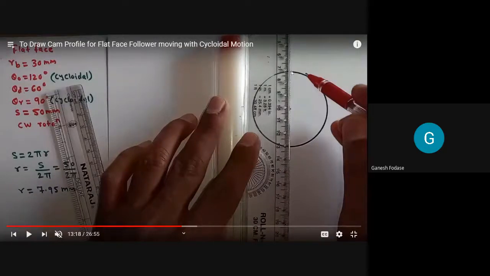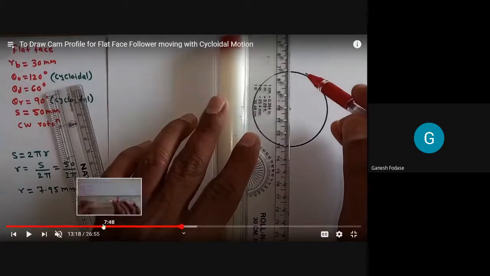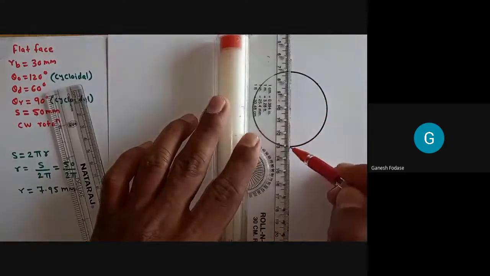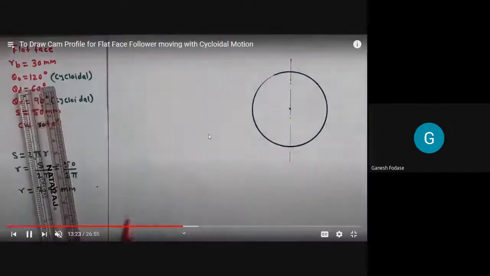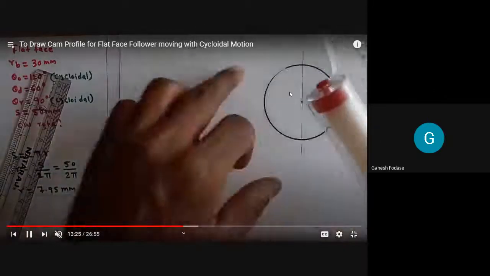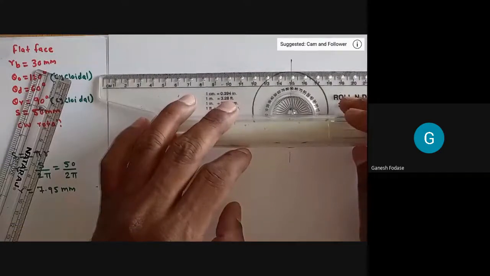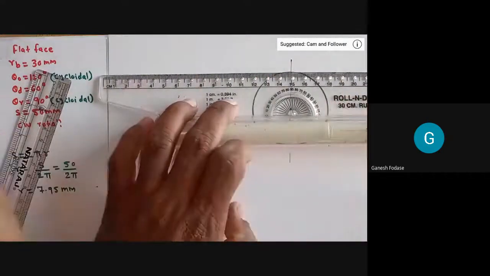Okay, so here I have to mark the first position of the follower, that is the 0 position, where the cam is stationary and the follower is at the base, in contact with the cam. So mark that first position and then go on marking the next parts, that is theta O, theta D, theta R, as per the procedure we discussed. So here you are marking the first position of the follower. As it is a radial follower, if it were offset, then we would need to draw an offset circle, but it is not an offset follower. So we are drawing the flat face radial follower procedure, like knife edge radial. This is your first position.